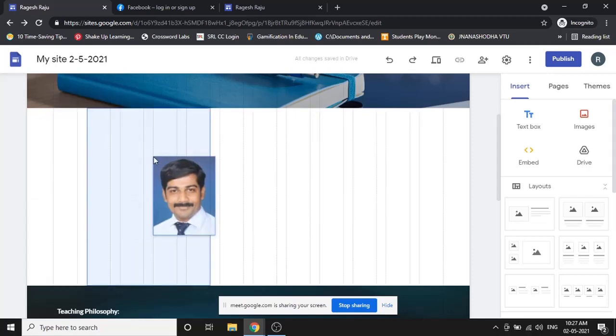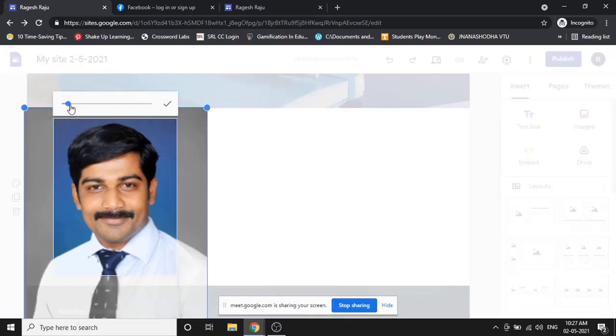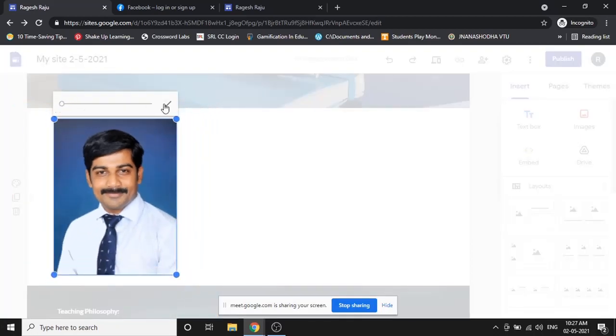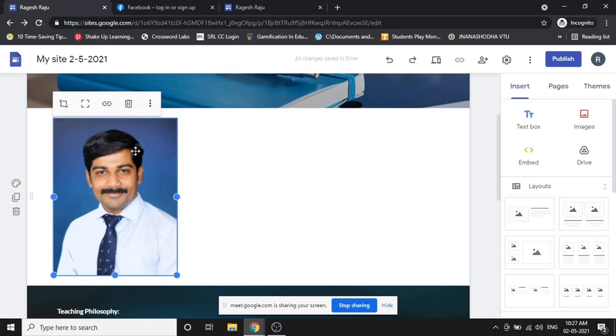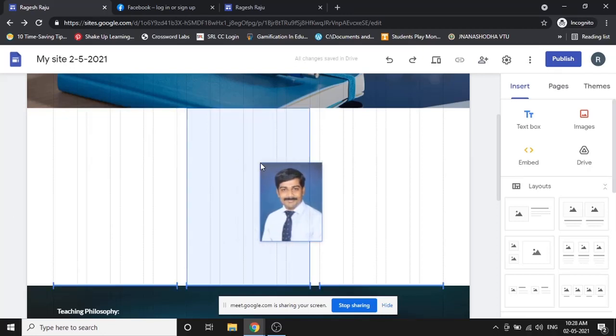And remember, whenever you do the cropping, it doesn't mean that the remaining portion is gone. If you want to bring it back again at any point of time, maybe after 1 year or 2 years also, just click on crop here and you can see you can take it back and click on done. Your entire image is there. It is not spoiled, it is not cut or nothing happened to it. You can place this image wherever you want. So when you just click, drag and move, you can see automatically that particular portion gets moving.